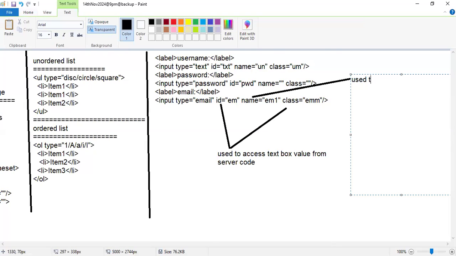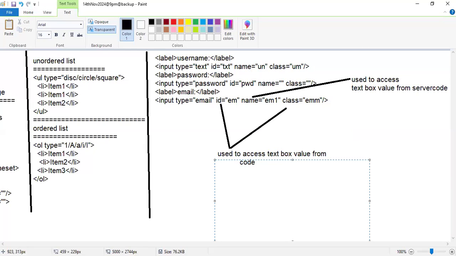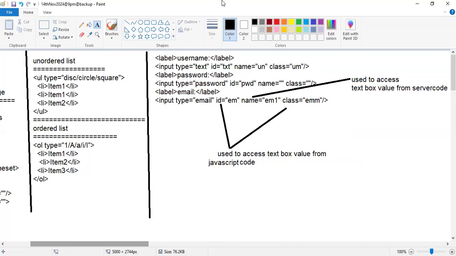Here, name is used to access the text box value from server code. Class name and ID are used to access it from JavaScript. From JavaScript code only we can access these values, so we can access this text box value from JavaScript by using this ID and the class